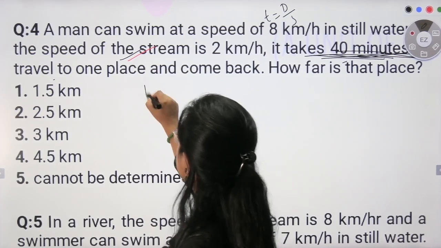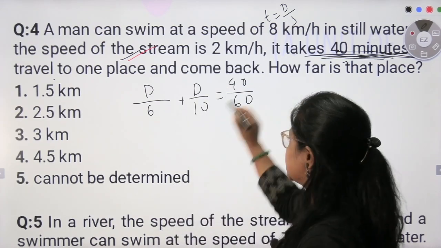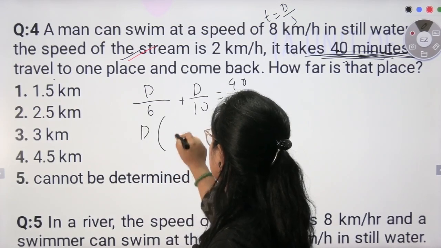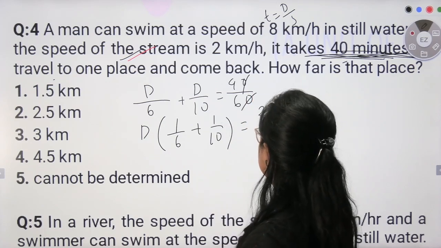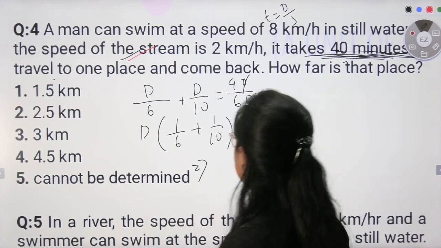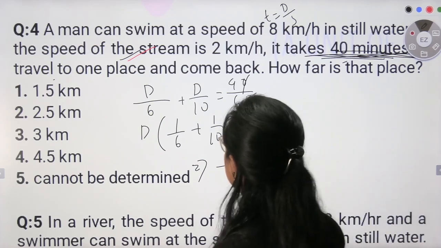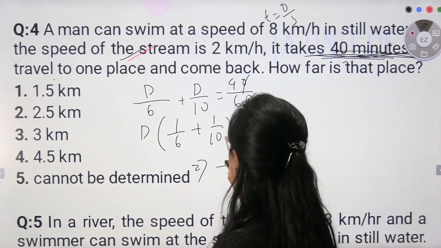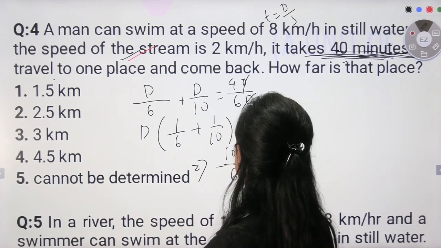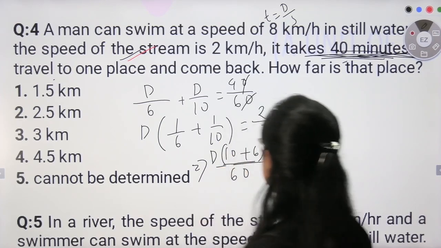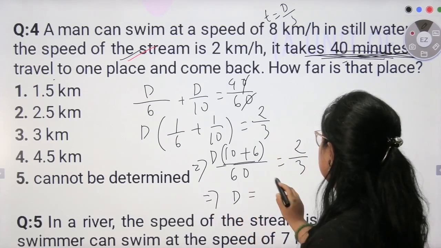my calculation was d by 6 plus d by 10 is equal to 40 by 60. From here I am getting d times 1 by 6 plus 1 by 10 is equal to, 0 will cancel out, it will be 2 by 3. Okay, so if I take the LCM, what will I get? You will get 60, and it will be 10 plus 6, 16, and here is your d as common, is equal to 2 by 3. So d will be what? d will be equal to 2 by 3